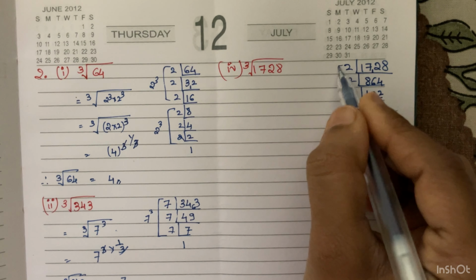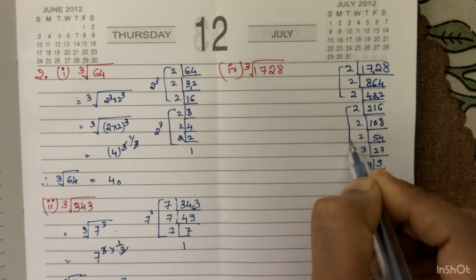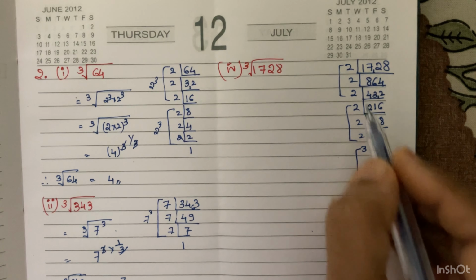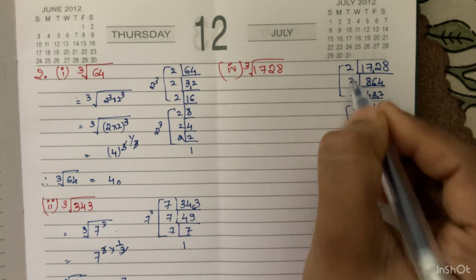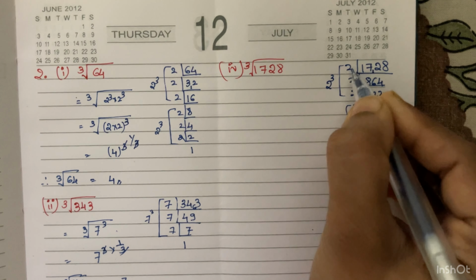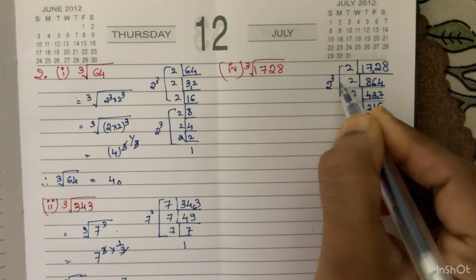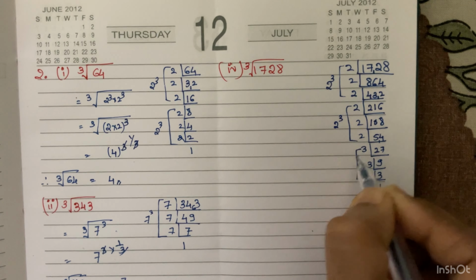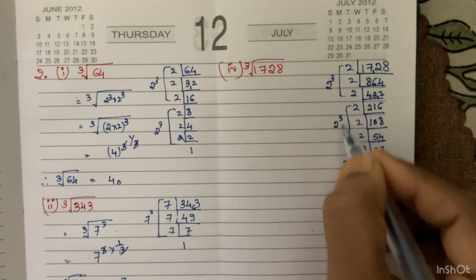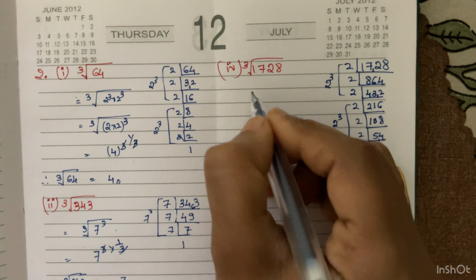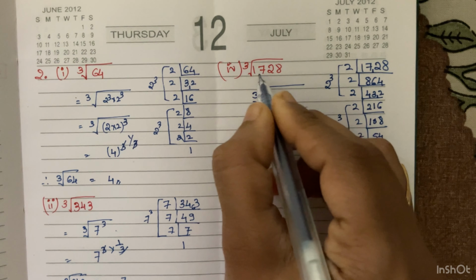Now let me check whether the prime numbers we got are in the triplet set or not. Yes, we found them. And in the triplet sets, I'm writing 2 raised to the power 3. How many 2's here? 3. Okay, like that, 2 raised to the power 3 and 3 raised to the power 3. And these bases with powers I'm writing here in the cube root in the place of